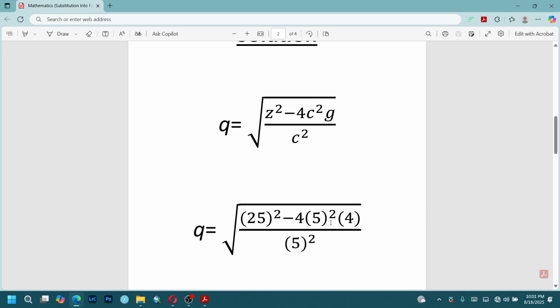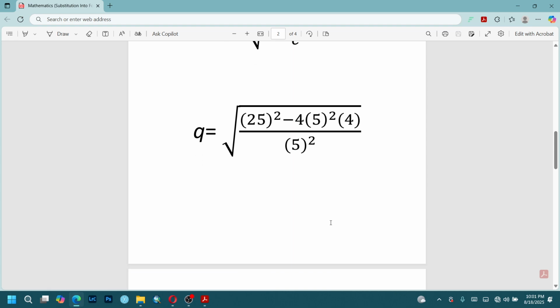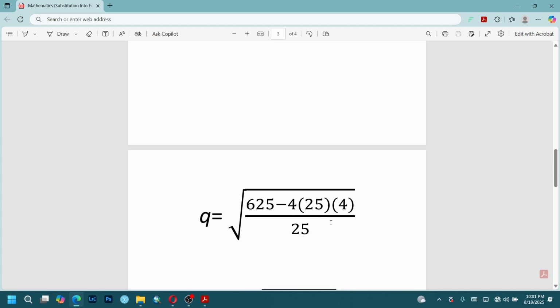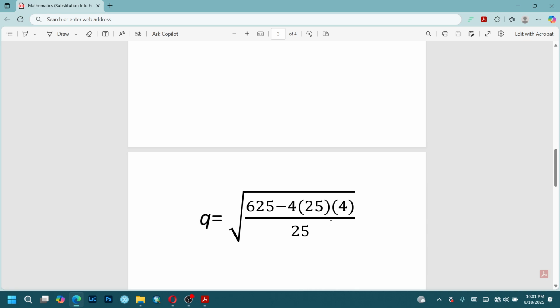So we have our Q to be the fraction 25 square minus 4 times 5 square times 4 over 5 square, right? So our Q is going to be the square root of the fraction 625 minus 4 multiplying 25 times 4 over